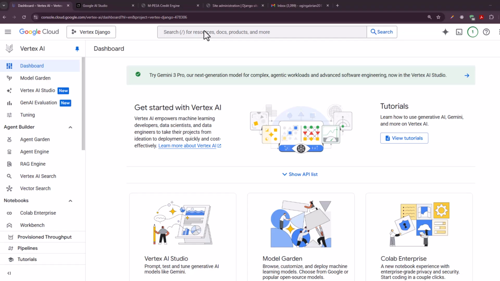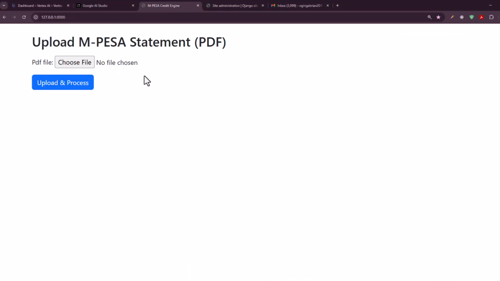So just to give you a sneak peek of what we're going to build today, here in my front end I do have an M-Pesa credit score system where you can upload a mini statement, then it gives you the credit score of that person based on the transactions in the mini statement. So I'm going to upload a statement here, and then if I say upload and process,